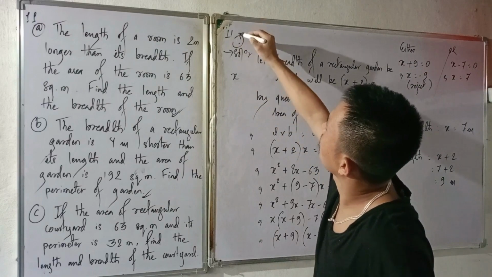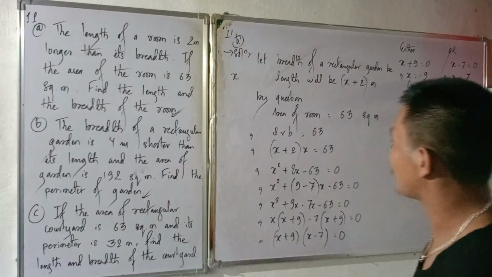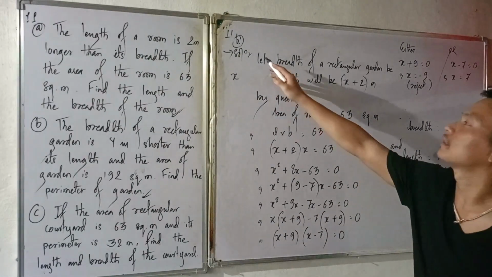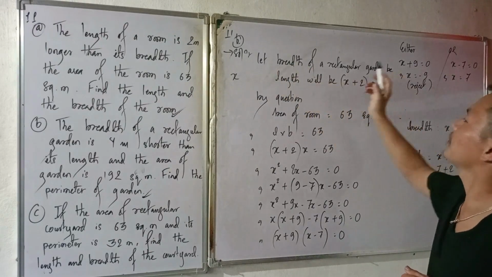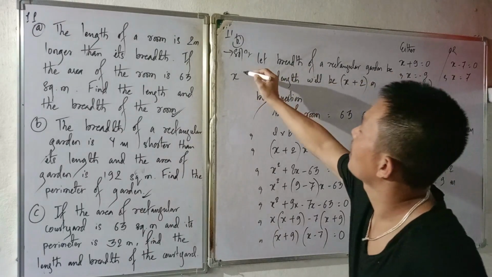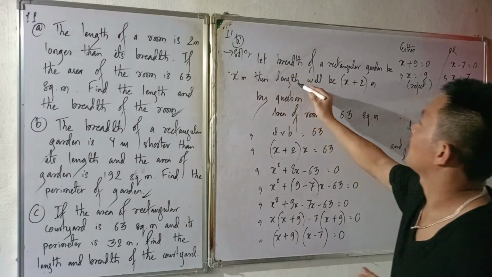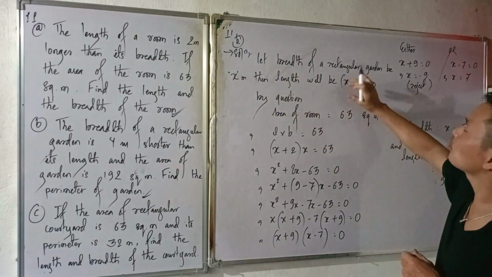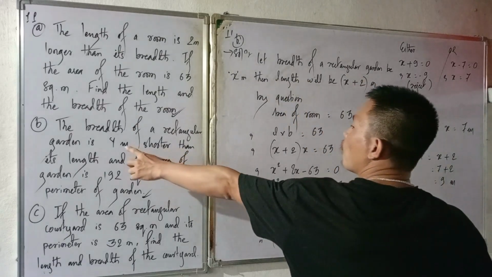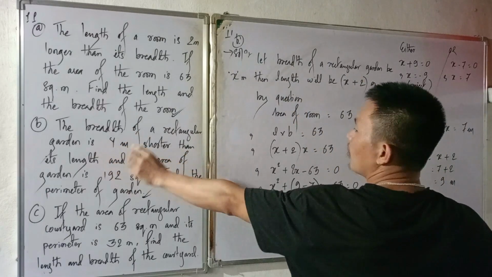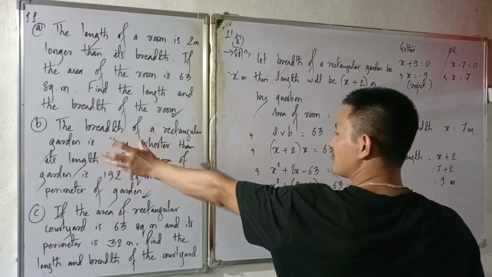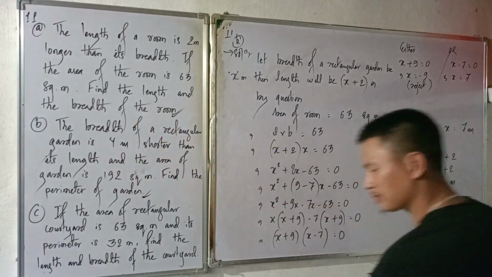Now we are solving number 11B. Let the breadth of a rectangular garden be x meter, then length will always be 4 meter more than the breadth. Or if you want to make this according to the question, to remove any confusion,